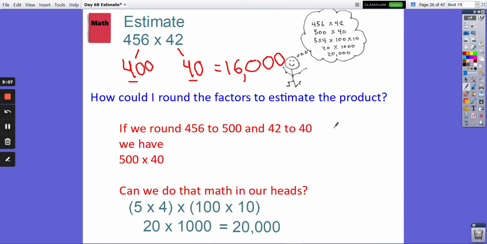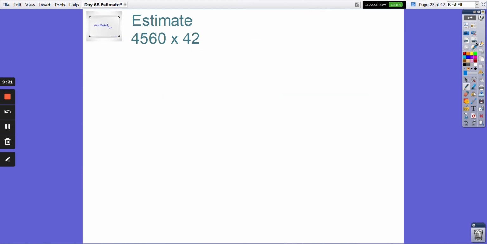I know my exact answer would need to be between 16,000 and 20,000, because 456 is pretty close to being in the middle of 400 and 500. So now I at least have a range. I know if it's between those two numbers, then it's probably an answer that makes some sense, a reasonable answer. You're going to go ahead and estimate